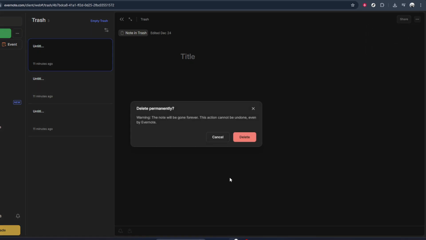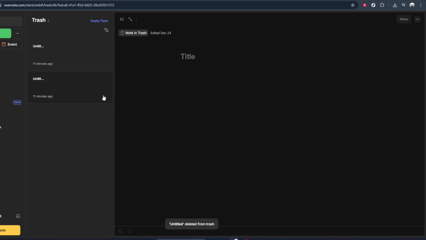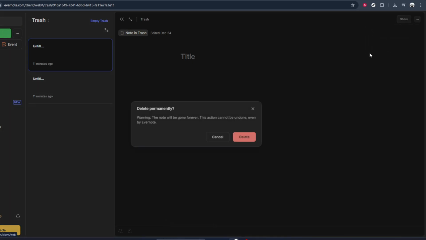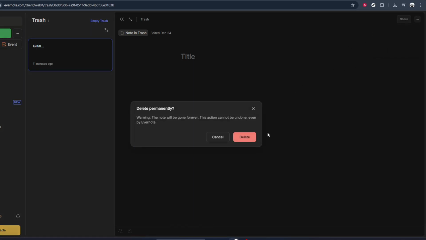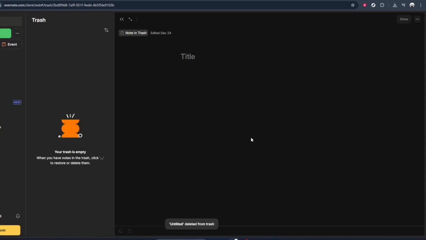With the note selected, look for the 3 vertical dots, usually located near the top of the note pane. These 3 dots represent the More Options menu for that note. Click on the 3 dots to open the Options menu. A small drop-down will appear with several actions you can take. In this list, find and click on Delete Permanently. Evernote may ask you to confirm that you really want to permanently delete the note. If a confirmation message appears, read it carefully,